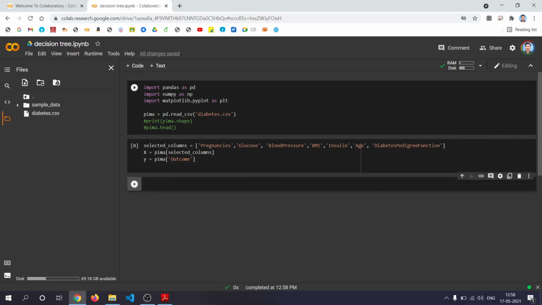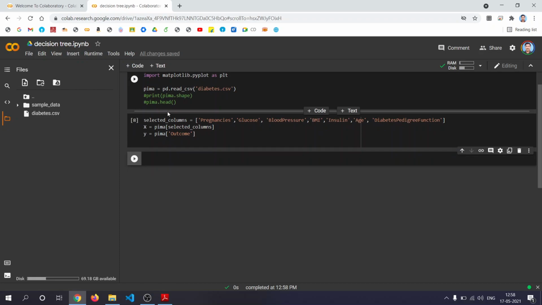Now we'll insert one more cell: from sklearn.model_selection import train_test_split.